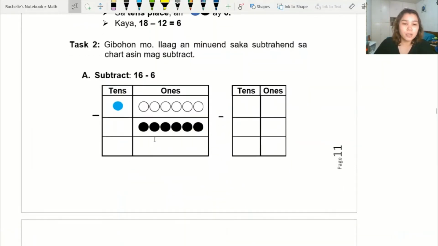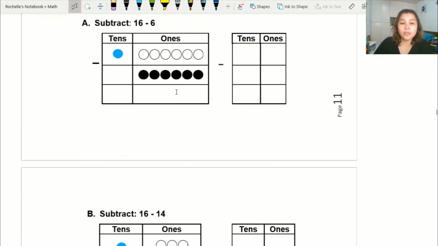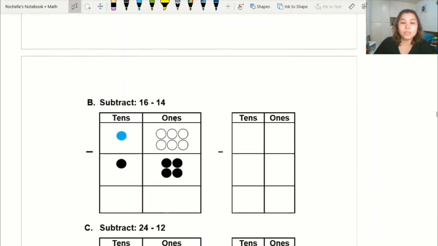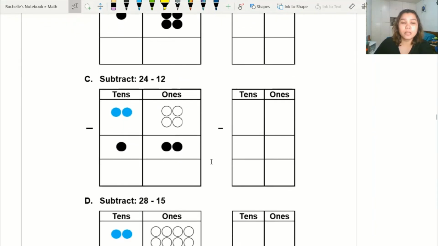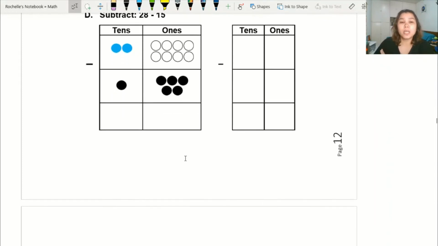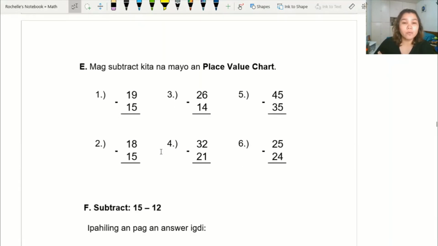So yan ang gagawin with 16 minus 6. Don't forget, you're drawing here and then the numeral on the right column. For letter B, 16 minus 14. Letter C, 24 minus 12. For letter D, 28 minus 15. So, i-pause para maayos masagutan ang A, B, C, and D. And if you're done, we can move on with